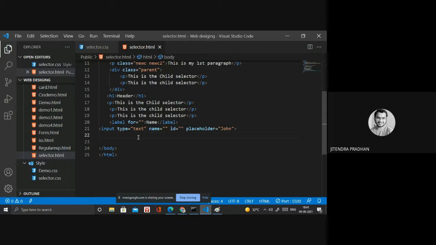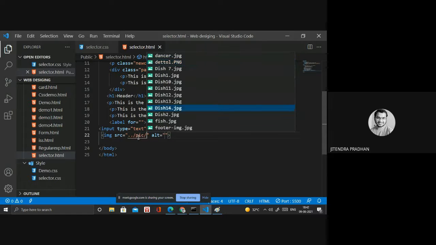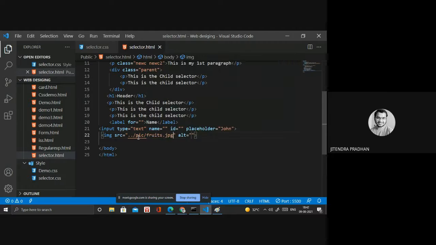So if I write a particular image, inside that slash dot slash pic, inside we have any particular color. Okay. Then if I write height, it's 50 pixel and width is 50 pixel also. Okay, done. So when I mouse over the particular image, the height and width automatically change.